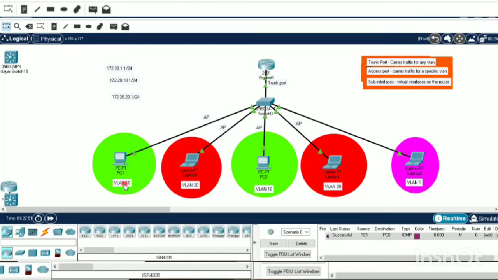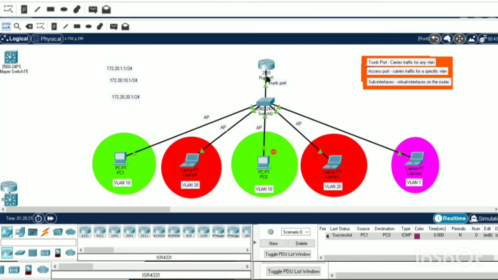But now the broadcast from PC1 will only be received by PC0. Others will not receive the broadcast. Also, the broadcast from VLAN 10 will only be received by PCs in VLAN 10. So this is the concept. We are reducing the broadcast traffic and ensuring better performance.